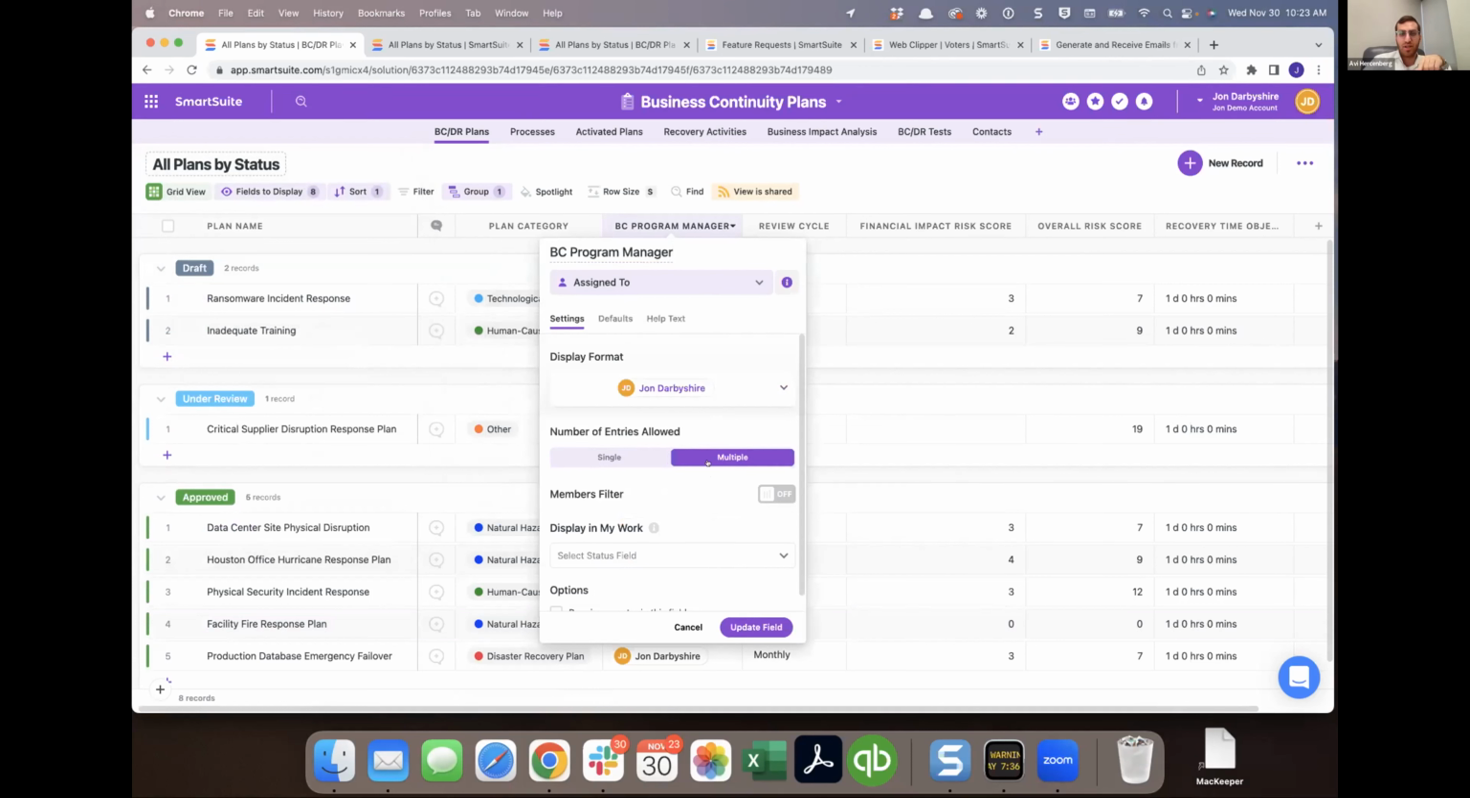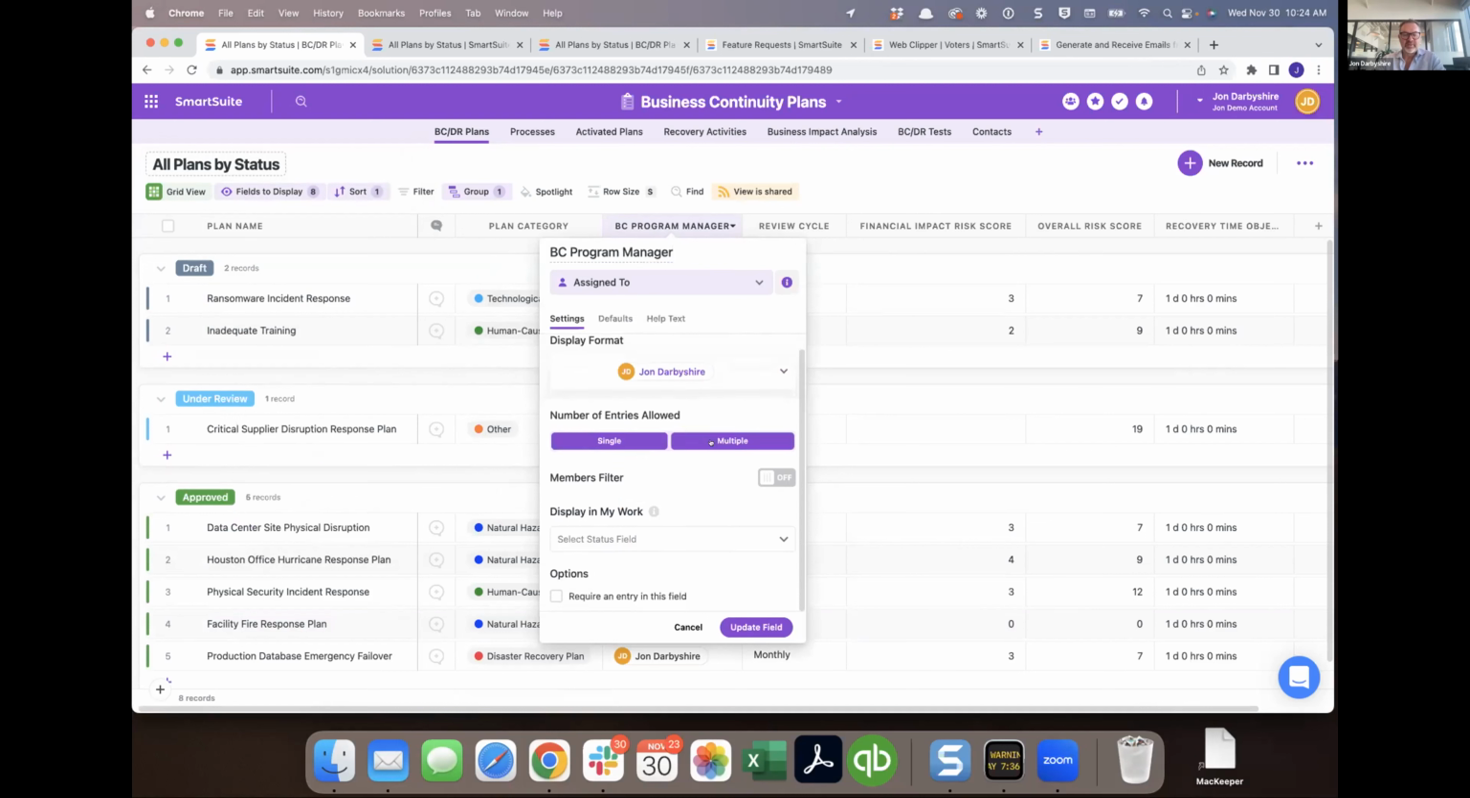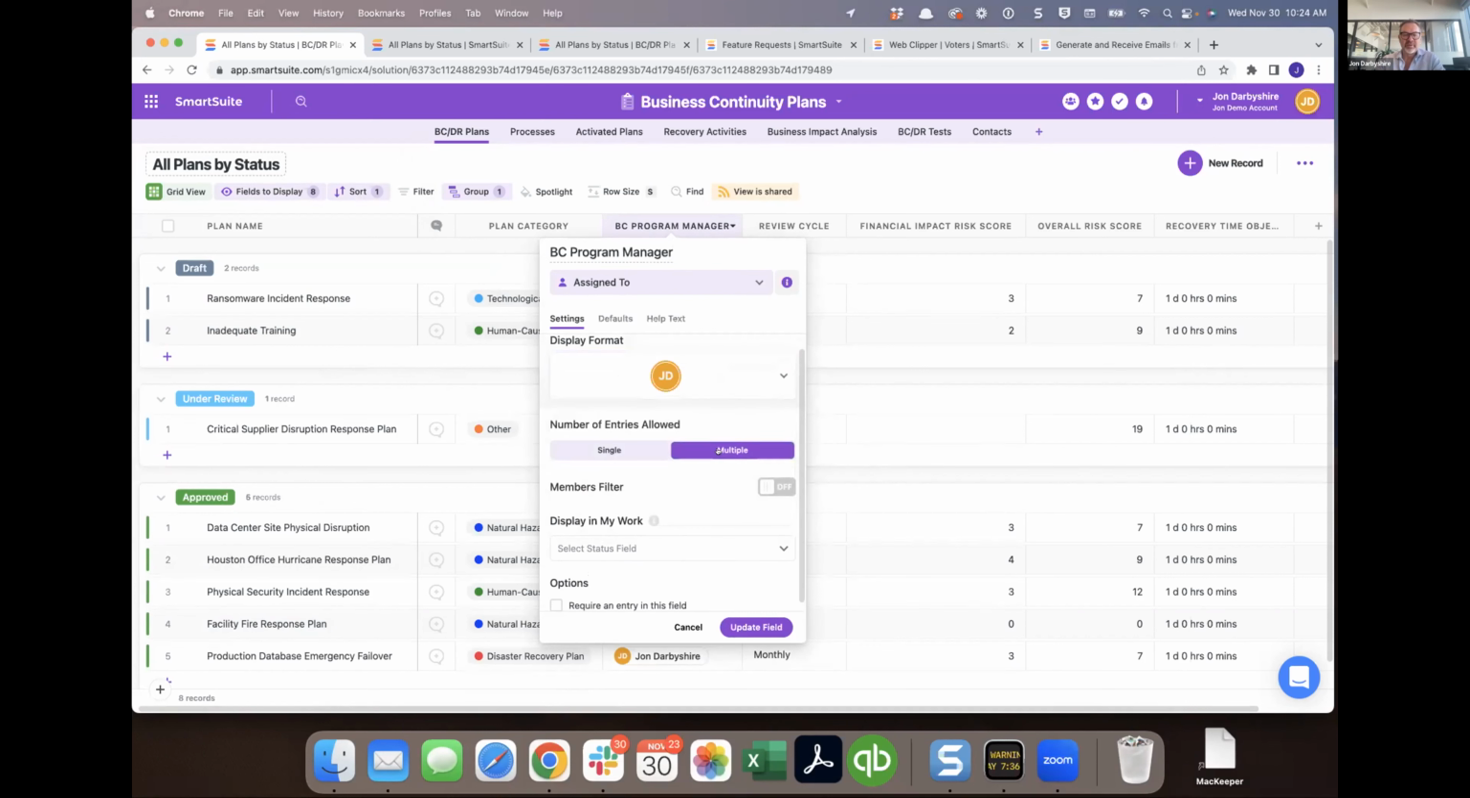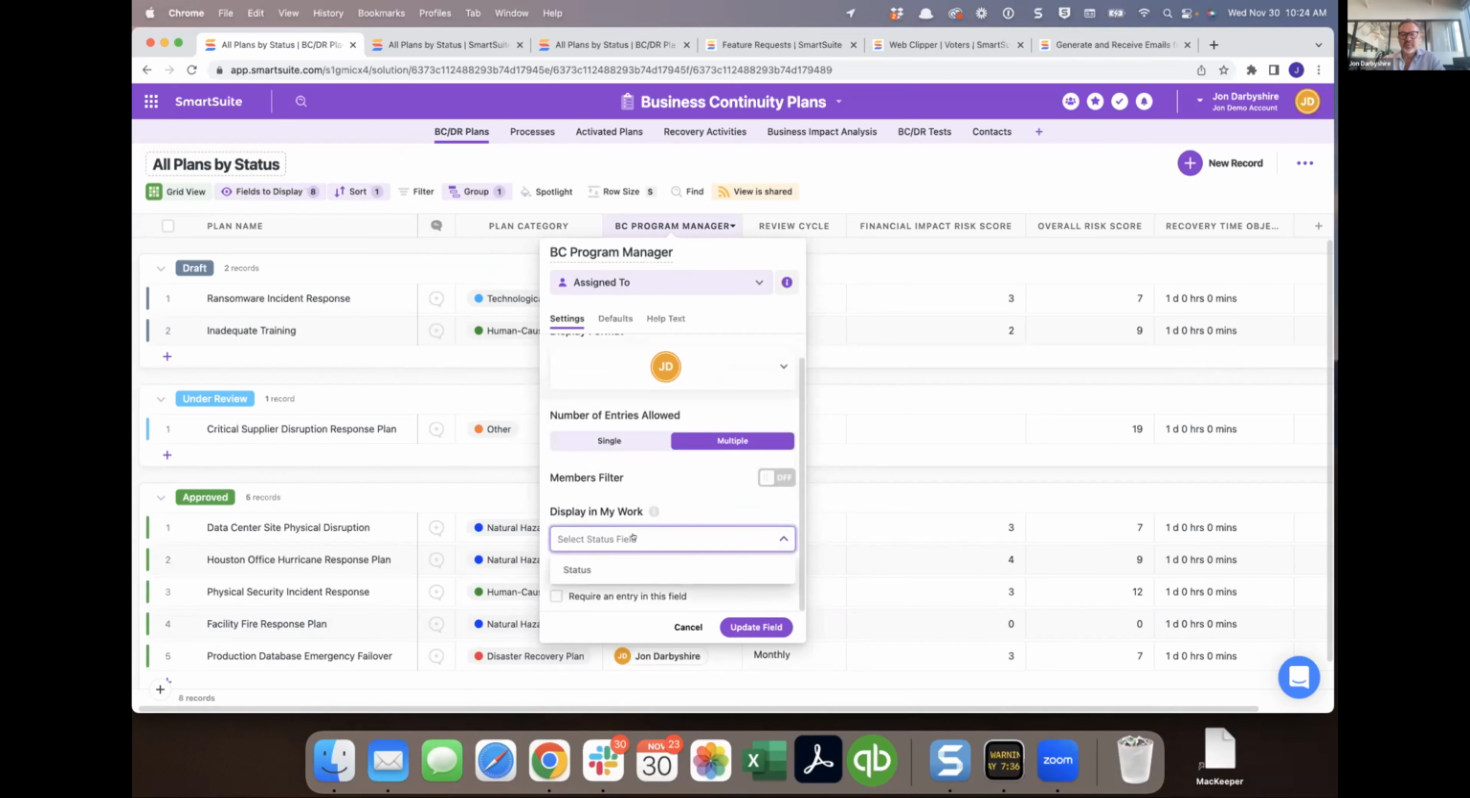Oh, John, you were going to show that. I'm just showing this as Kai was talking. So with any assign to field, you can pick if you want it assigned to a single member, or if you want to allow multiple assignments to happen. You can also pick the display type if you want just the avatar. A lot of times when you do multiple assignments, people like to do the avatar display. And then you can also pick to determine if this shows up in My Work,